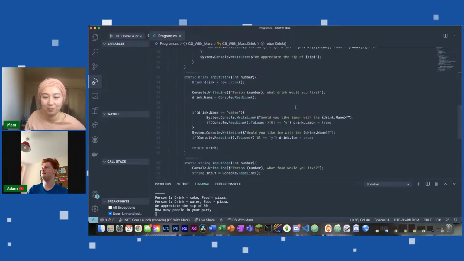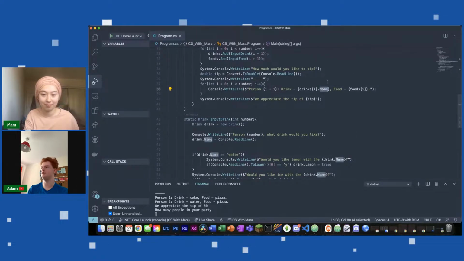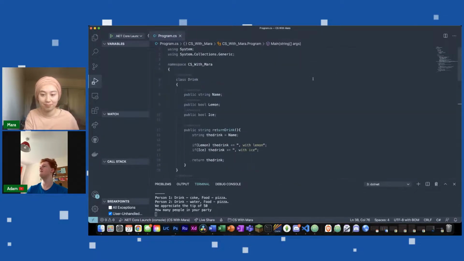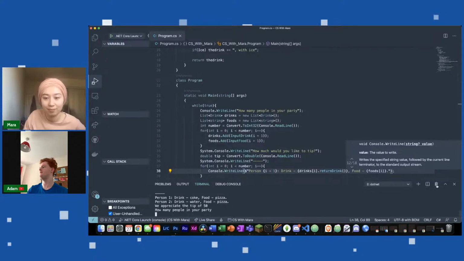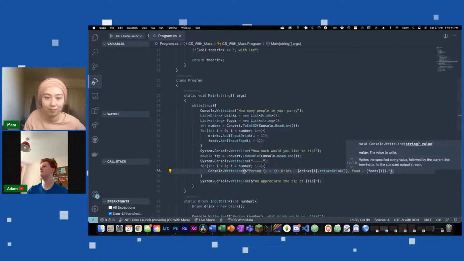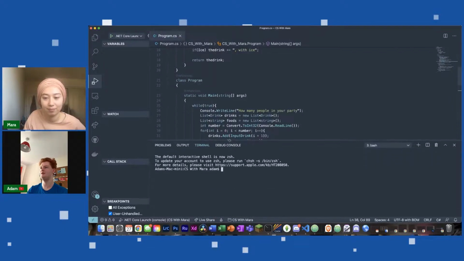So now if I, instead of saying drink.name here, I say drink. What did I call it? Return drink. Hopefully, when I now run this, it should do what I want it to do. Fingers very much crossed. So if we go dotnet run,